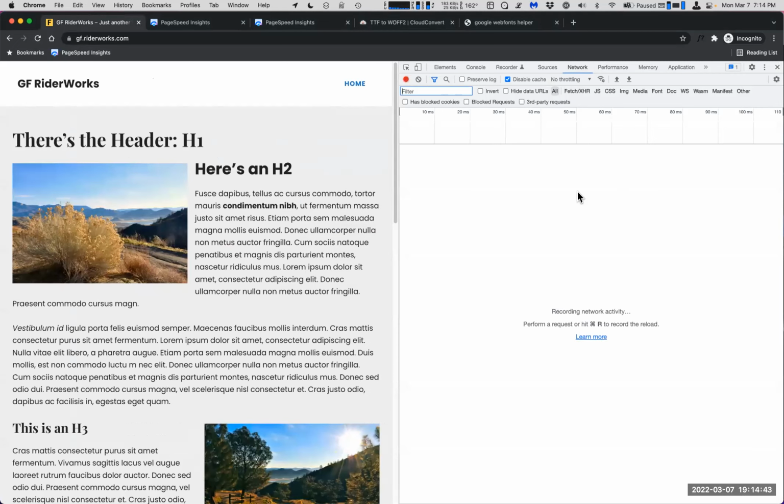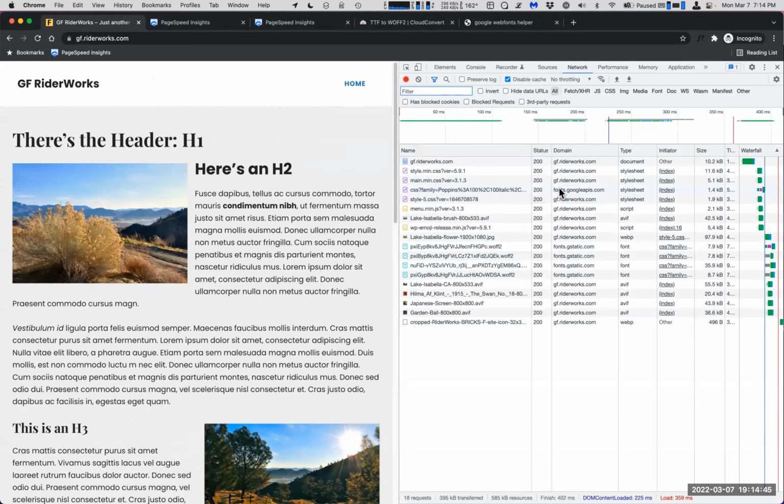In the network, I'm going to refresh, and you can see here's the Google Fonts API. And you can see these are the three fonts that are being used, actually four, and they're coming from Gstatic, which is Google's CDN for storing fonts. This lets you know where they are, and they'll point to it, and that's where the API problem came. I mean, the IP problem came in. So stopping that is helpful. You can see it actually performs better on Web Core Vitals, but it also prevents this happening,